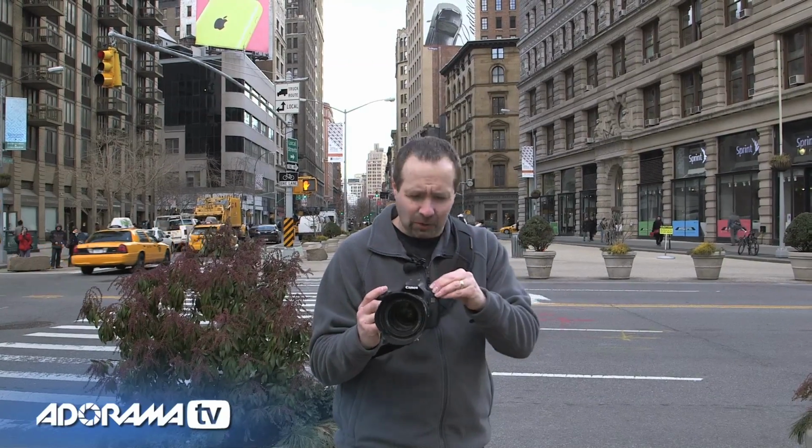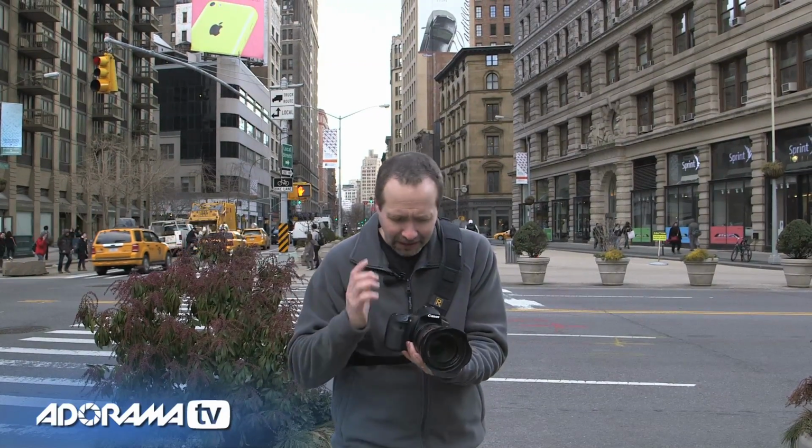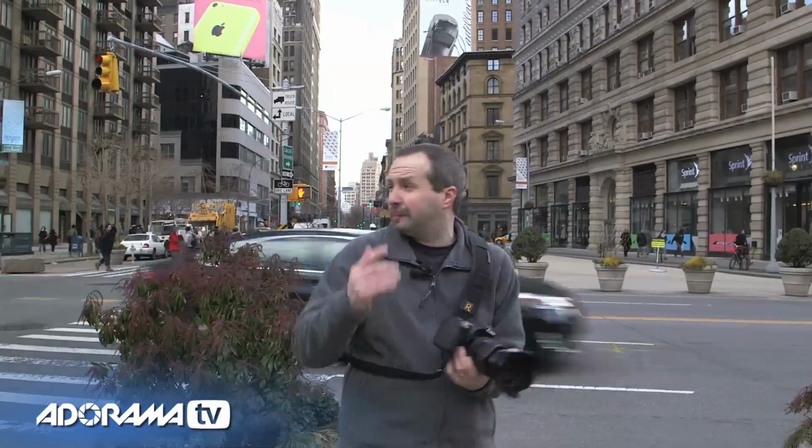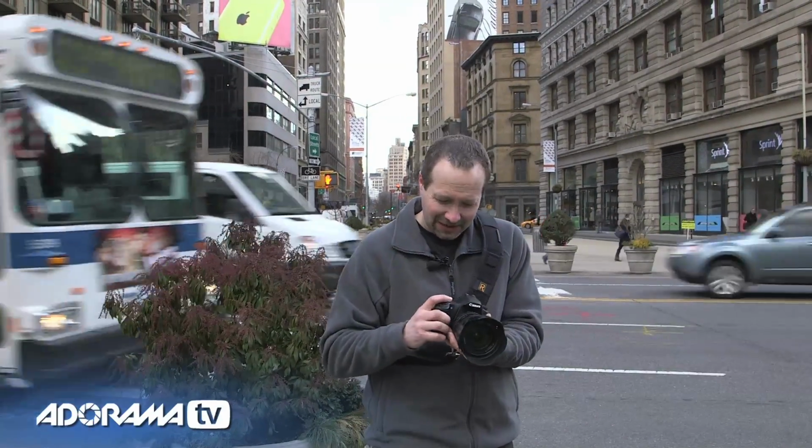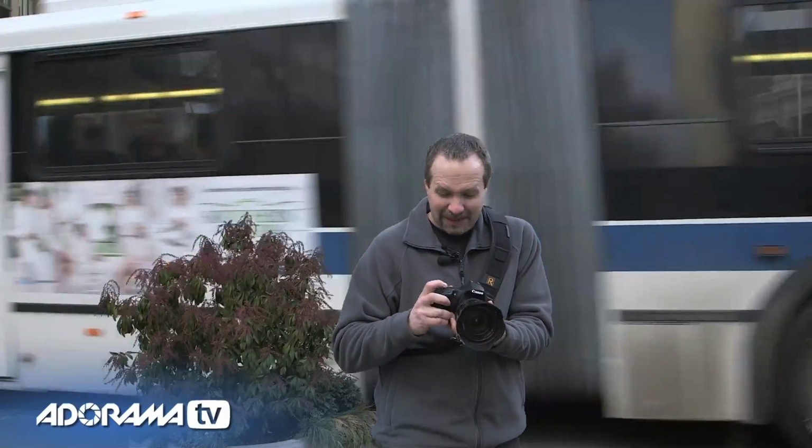So we've got cars, taxis whizzing past me, cabs whizzing past me all the time. Let's get a shot. Now, first of all, I need to come out of manual and back into aperture priority mode. So I'm going to choose a setting that's going to give me a shutter speed that's going to give that motion. In fact, I'm going to work in shutter priority mode. So on my Canon 60D, that's the TV setting. And I'm going to dial down my shutter speed to,